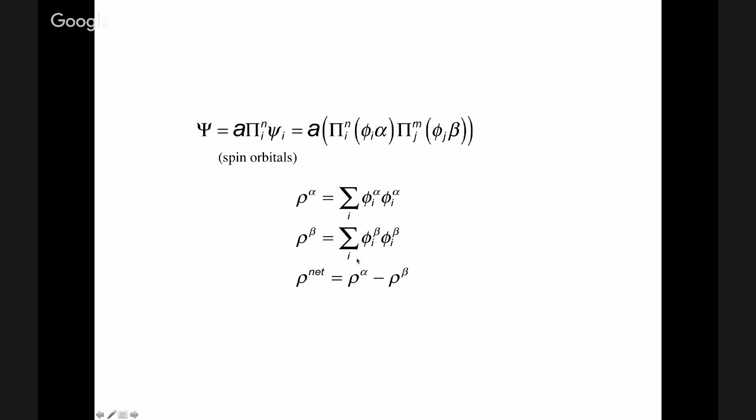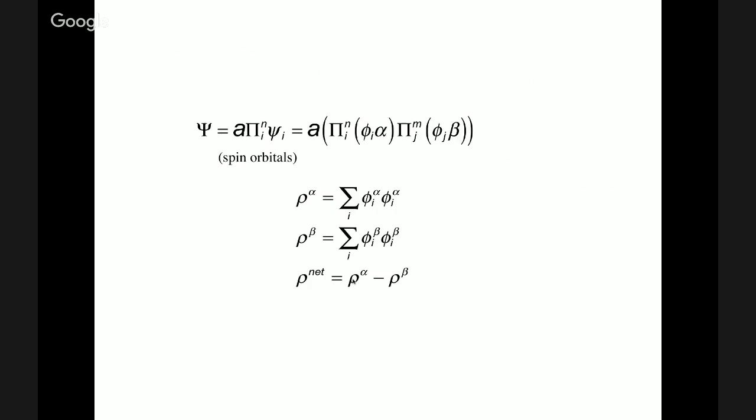And what we're going to look at is the difference between those two. We're going to look at the net difference between alpha spin and beta spin density. That net difference is actually an observable. If you do an ESR experiment, the coupling between the nucleus and the electron is that spin density, a portion of that spin density. So it is